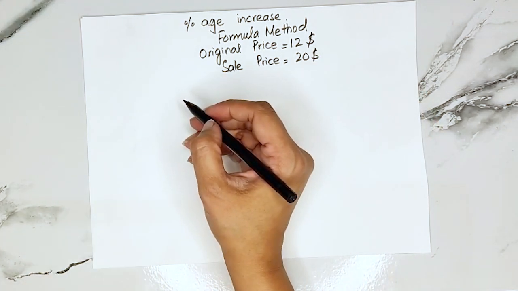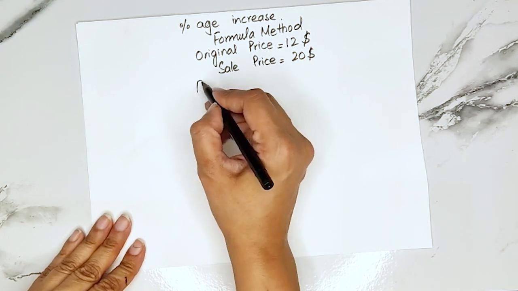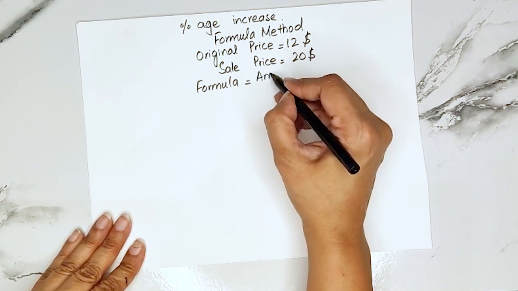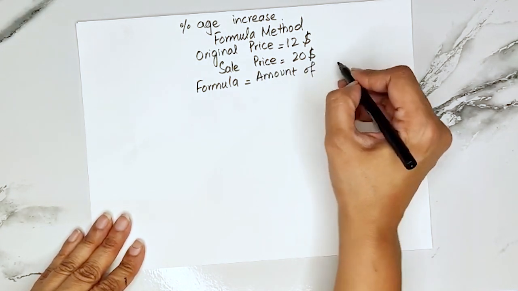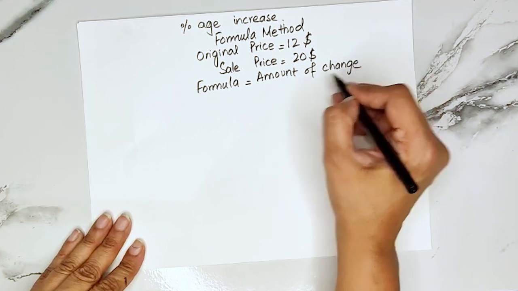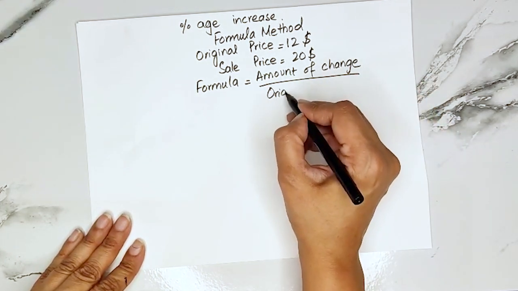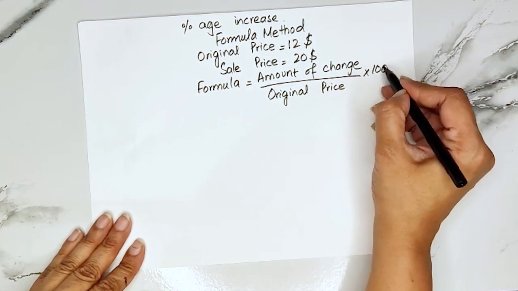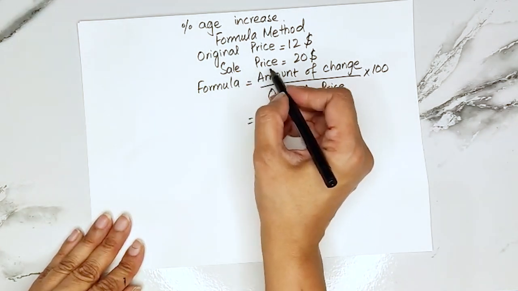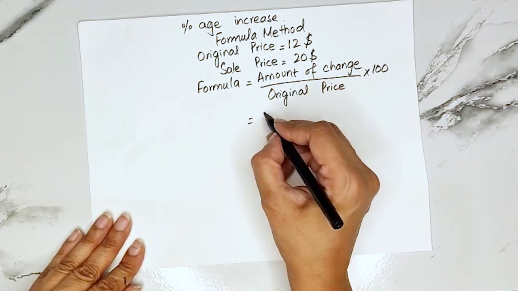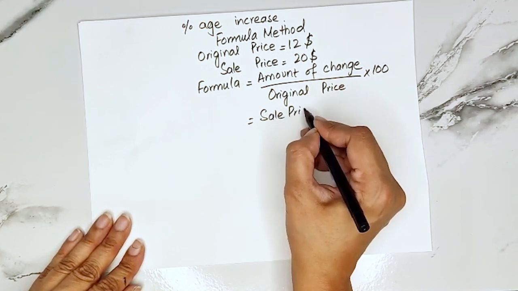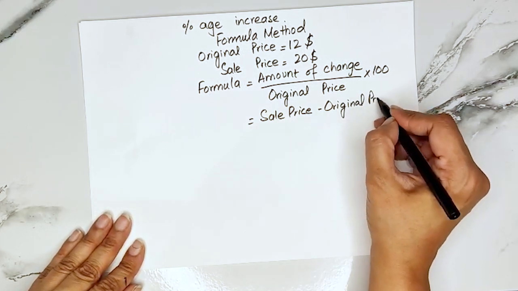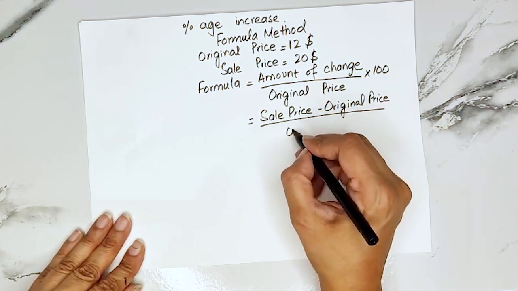For using the formula method, I will be using one formula. Formula is the amount of change divided by the original amount or the original price multiplied by 100. The amount of change is actually the sale price minus the original price. So it's the sale price minus original price divided by original price